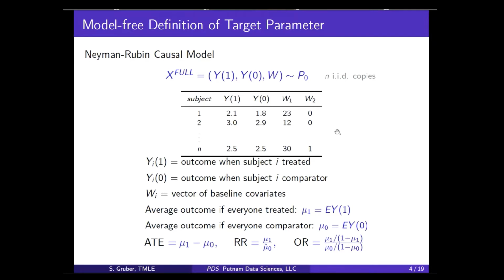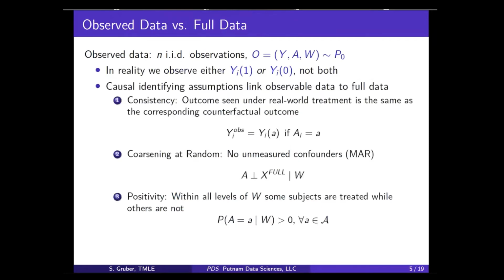So even though you may not have heard about the concept of the full data before just now, you're very familiar with it, because in your mind, matching is the same thing. You find people who are just like each other, and then you sort of impute the outcomes. You say, well, this is the outcome under treated, this is the outcome under control. So now I can calculate these things. And that's really what's going on beneath the surface. Okay, but in real life, we don't get to see Y1 and Y0. I just mentioned twin studies and RCTs as a way to get back there.